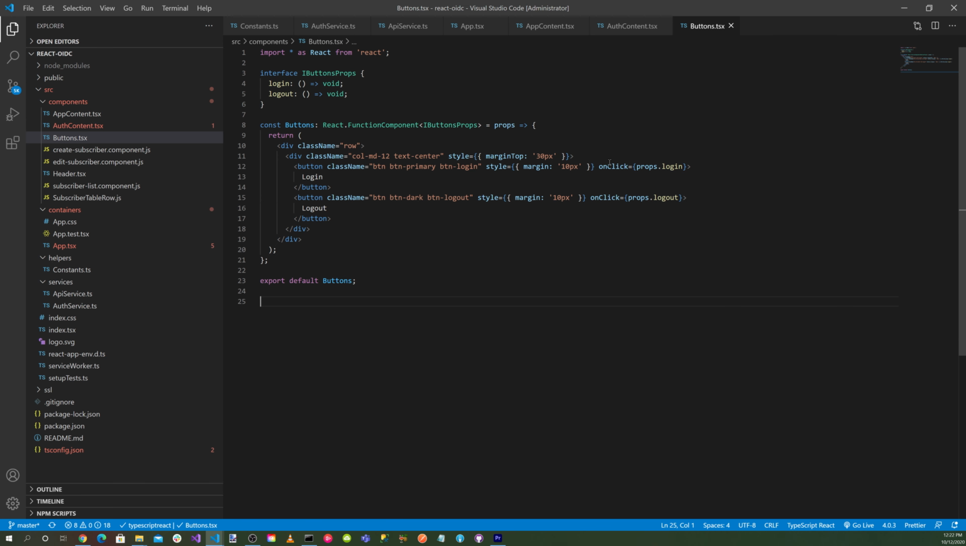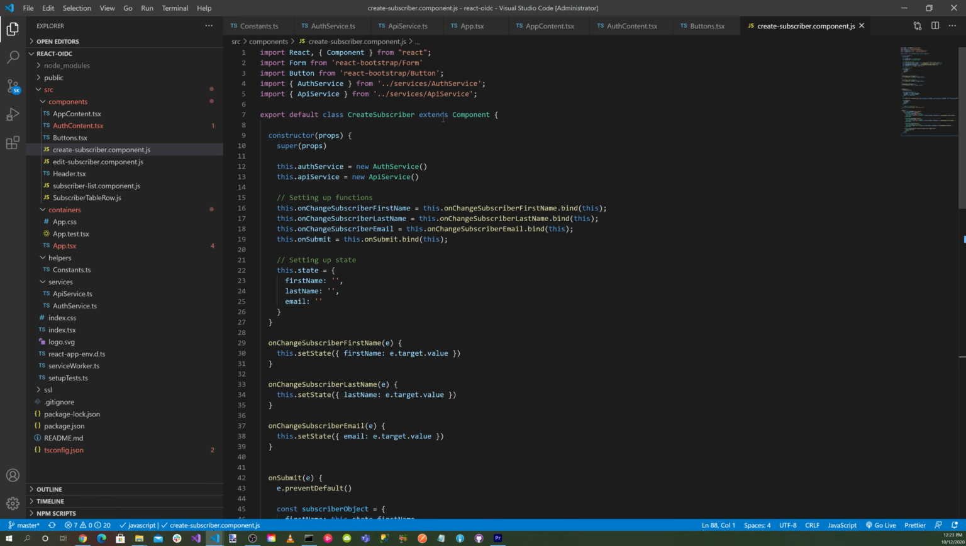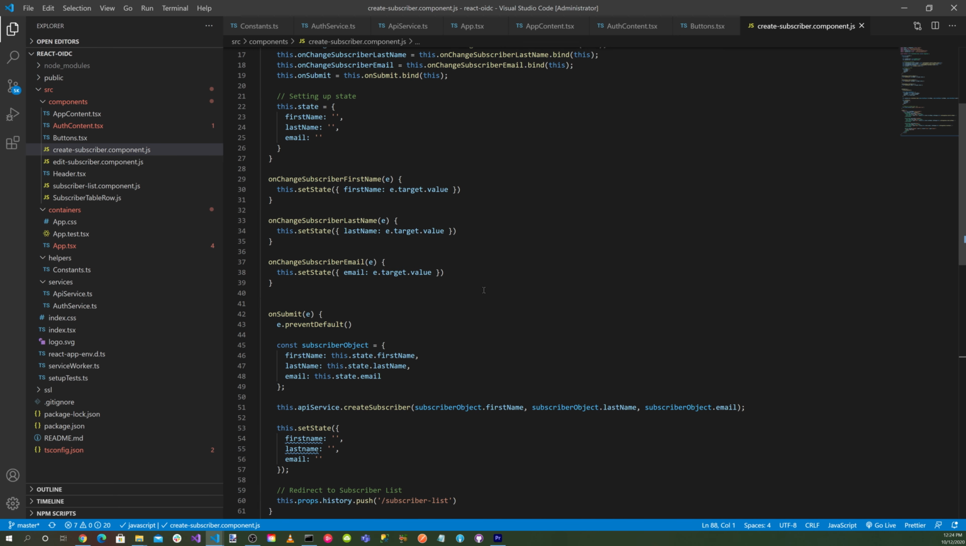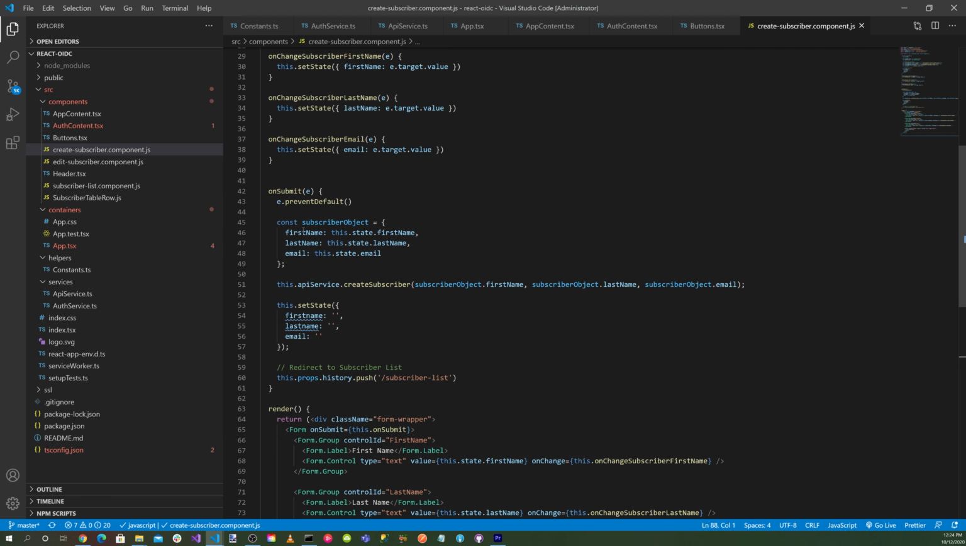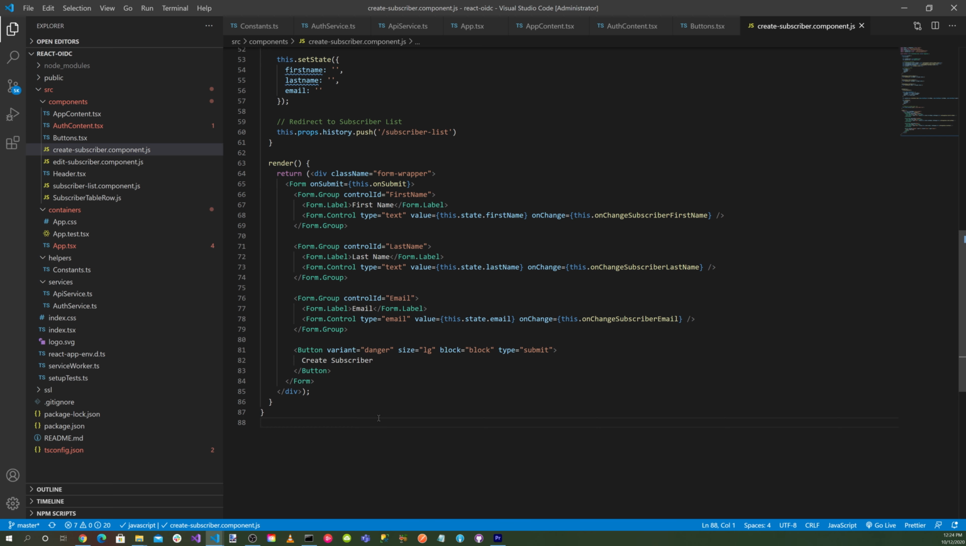So here is the button.tsx. These are the buttons that are on the menu here. So we have a login and logout button. And for the create subscriber, so we have a class called create subscriber, and we set up our bind operations for the first, last, and email. We have an onChange subscriber first name, onChange subscriber last name, and an onChange subscriber email. And then on the submit button where we create the subscriber,